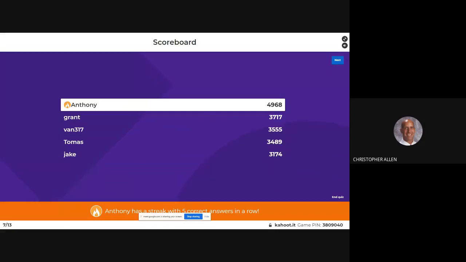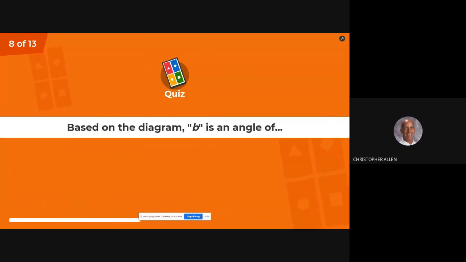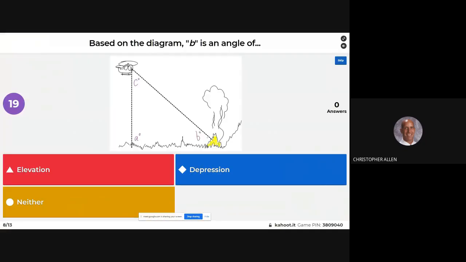Anthony, you are still on fire. Grant, you're in second. Based on the diagram, B is an angle of